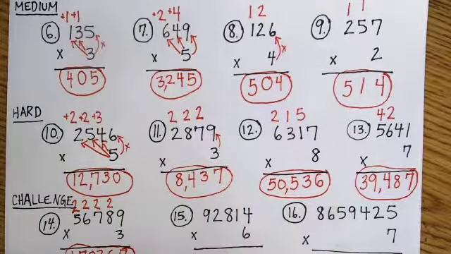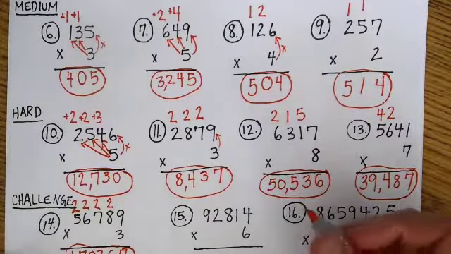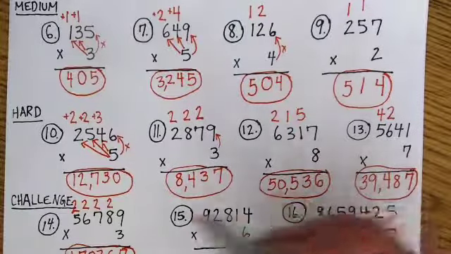So we get some quite big numbers in there. Remember, after every 3 numbers from the right, you put a comma. That's how you know where that comma goes. Next,